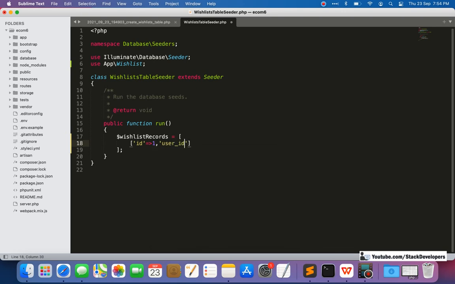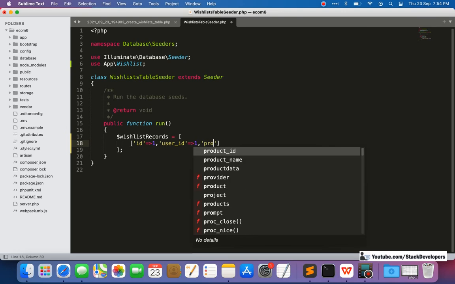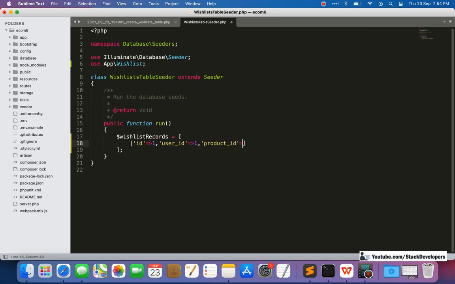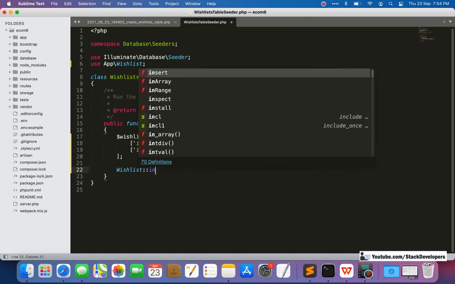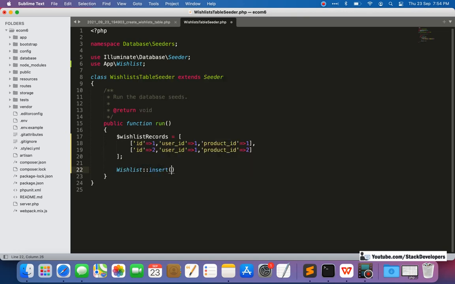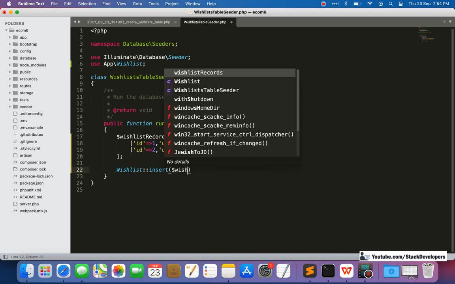Okay, user ID we are going to add as 1, and product ID we are going to add as 1 as well. So one more record, this time ID 2, user ID will be 1, and product ID we will keep as 2. Okay, so we are going to insert these in the wish list, so we can use the Wishlist model. I'm going to insert this one, dollar wishlist records.